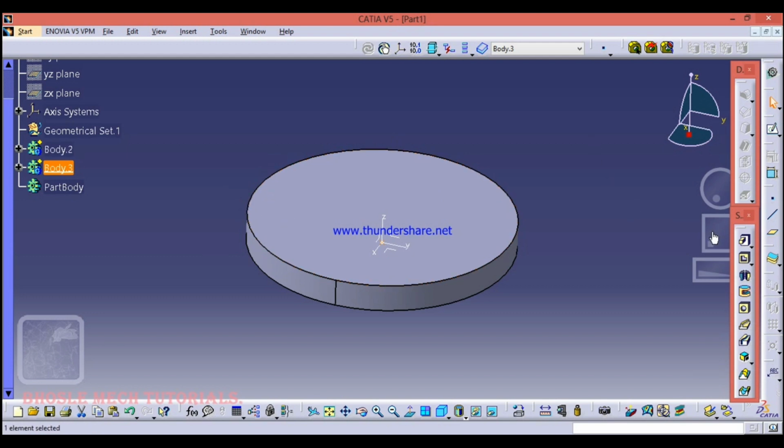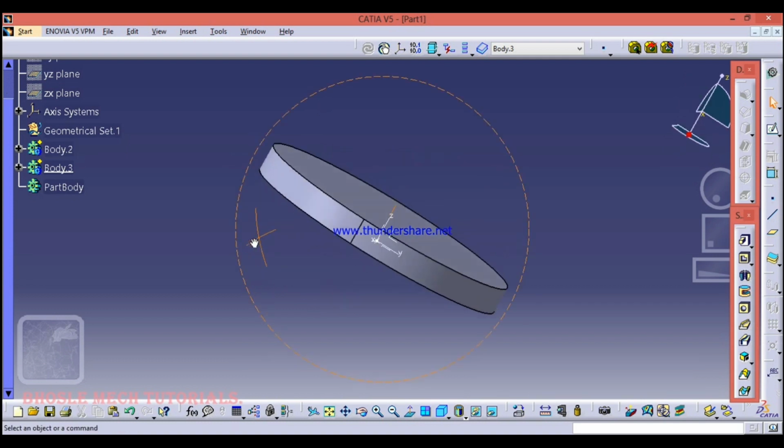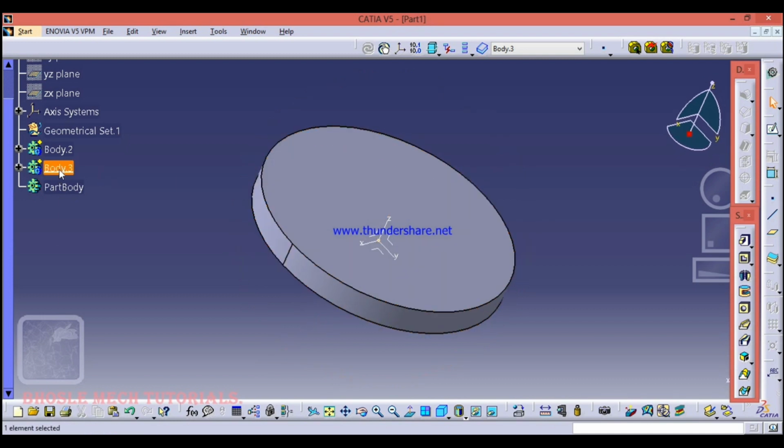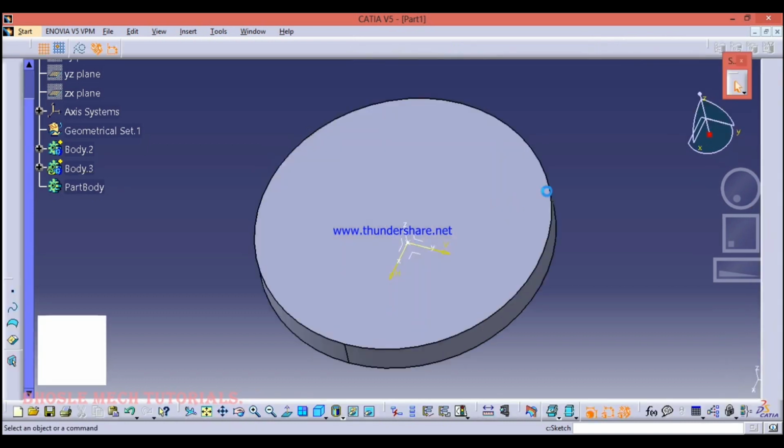Normally if you are performing a pocket, we just select this plane and perform a sketch and perform an operation, but in Boolean operation that should not be like that. We define in work object on body 3 and we must select an independent plane, this XY plane, and go for sketch.